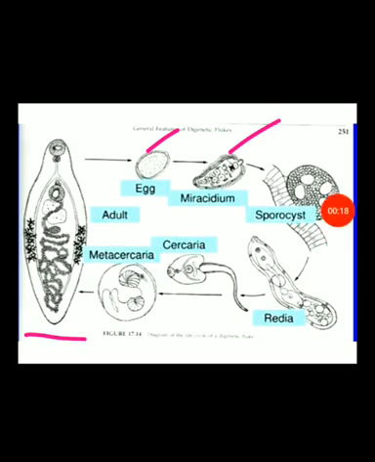Then the next stage is called sporocyst, in which the fluke develops in the body of the host. The third stage is known as rhedia, in which the fluke is produced with the mouth, pharynx and gut. The next stage is cercaria, in which it develops within the germinal cells of the rhedia. The last stage is known as metacercaria. It is the developmental stage in the endoparasitic fluke and it loses its tail.